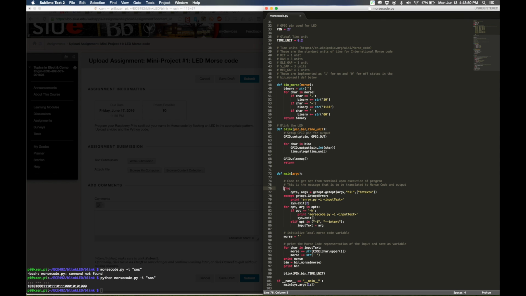This is the input. So I'm trying to get an input flag, and if it doesn't get input, it just outputs this error message, and system exits with an error code 2. And then if it gets an option of -h, that's generally help. So it'll tell you morse_code.py -i, and then whatever input text you want. If you give it -i or input text, then it's going to assign that argument to the input text variable, and then that's used